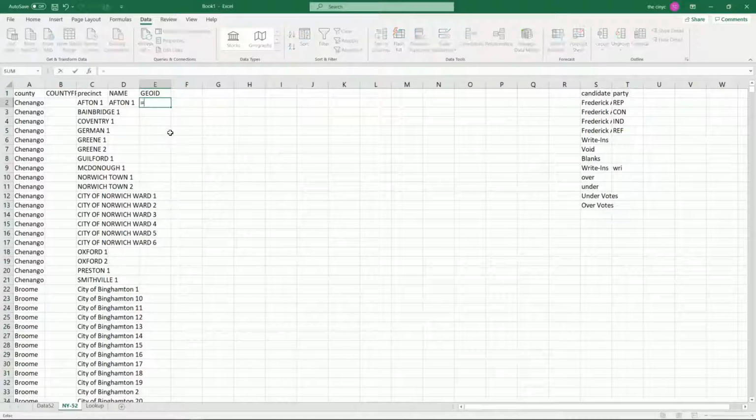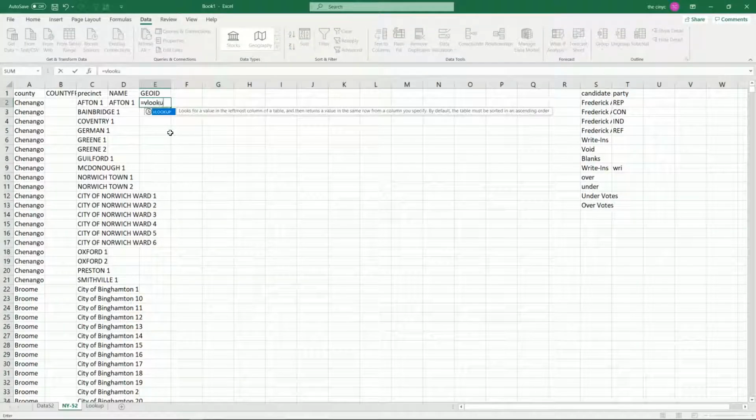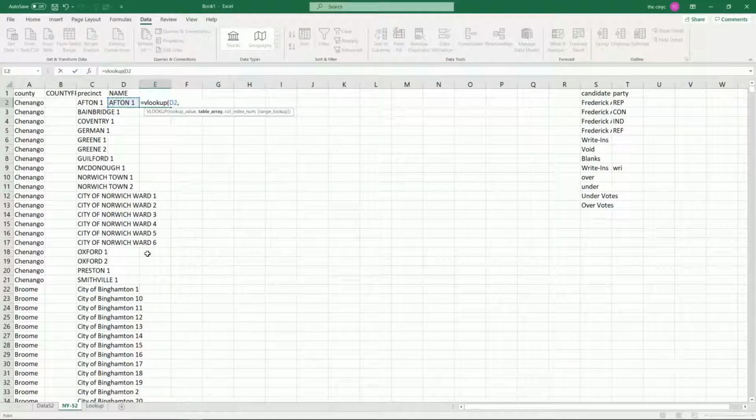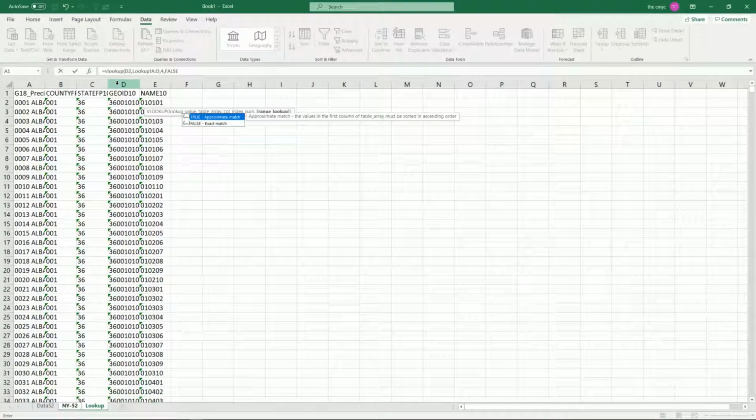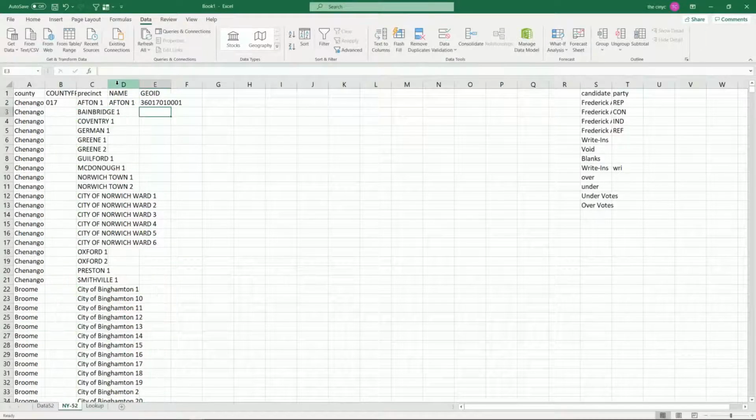So we're just going to do a VLOOKUP. We're going to look for the thing in column D. We're going to go over to our lookup sheet and take those 4 columns. We're going to mark the thing in the 4th column, the GeoID 10, and we're always going to say false at the end so it doesn't give us fuzzy matches. And if that's right, we should see a GeoID pop up right there. That's the GeoID in my shapefile for